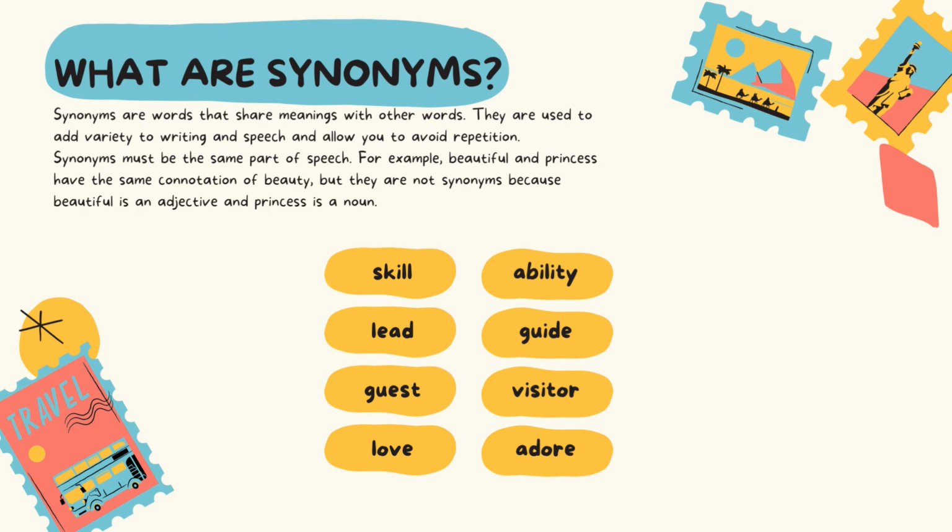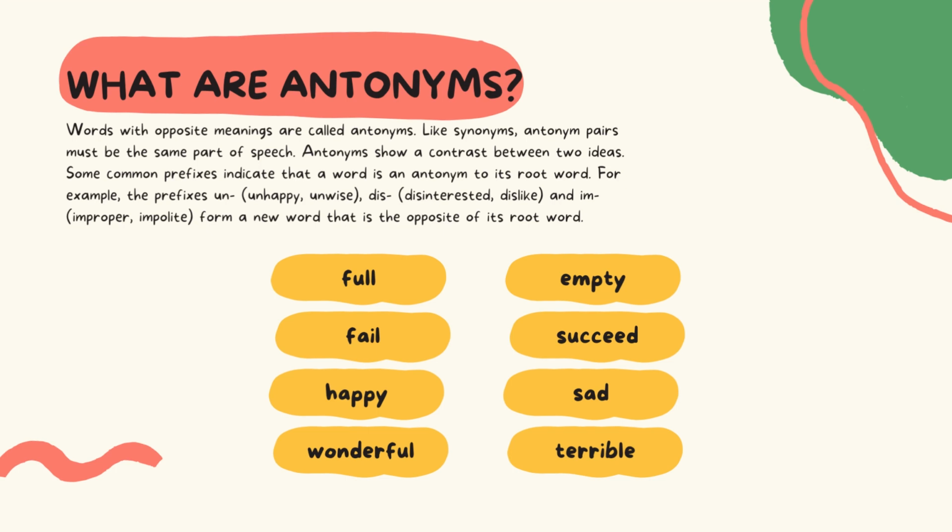Okay, now let's go with the counterpart of synonyms, which are antonyms. Well, what are antonyms? To put it simply, words with opposite meanings are called antonyms. So, they are opposed to each other. Like synonyms, an antonym pair must be the same part of speech. So, as in the previous topic with synonyms,